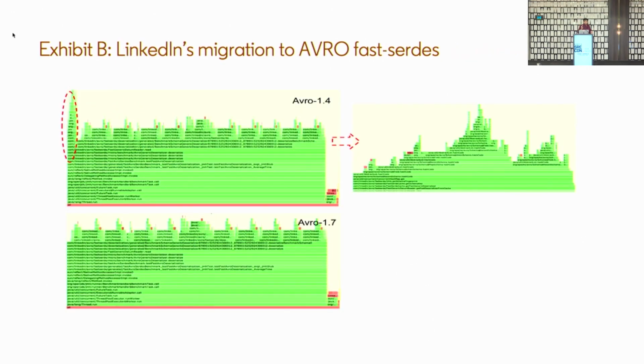Another issue. LinkedIn went through a migration to a faster implementation of Avro because we saw that we were spending too much time in just the Avro libraries doing serialization and deserialization. This took close to a quarter to even figure out what the impact of this migration would be across the stack. Because when you change the library, you need to test with all the different workloads we have, and a lot of time was spent which could have been saved.